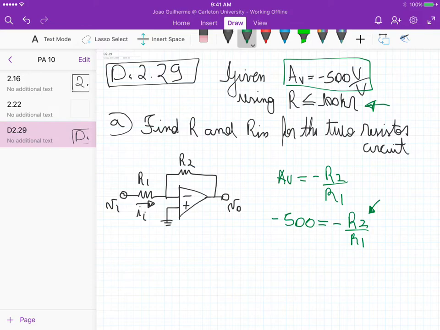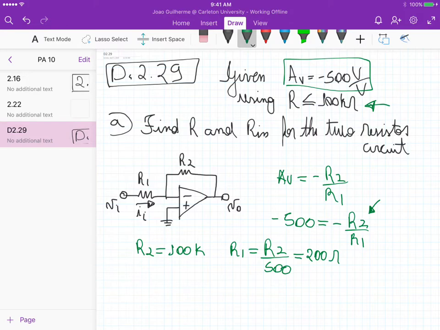So let's pick R2 equal to 100k, which is the maximum value that we have. Then R1 is equal to R2 divided by 500, and this gives us R1 that is 200